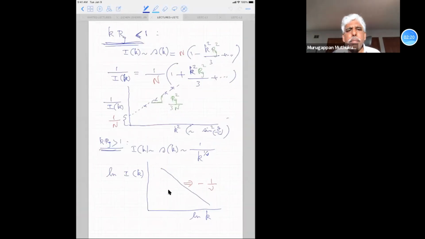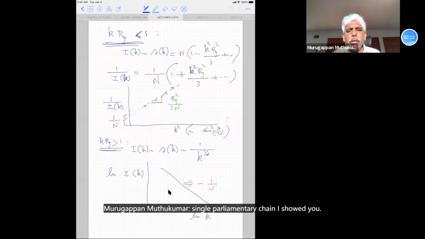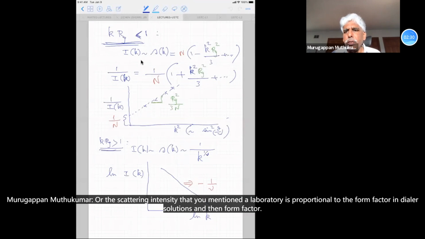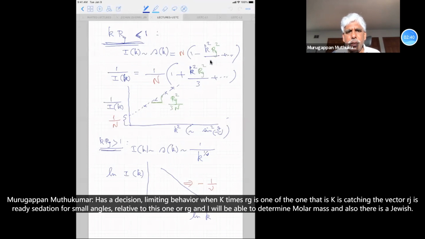In the case of a single polymer chain, I showed you the two limits. The scattering intensity that you measure in a laboratory is proportional to the form factor in dilute solutions. And the form factor has this limiting behavior when K times Rg is smaller than 1, where K is the scattering wave vector and Rg is the radius of gyration. For small angles, relative to this 1 over Rg, I will be able to determine molar mass and also